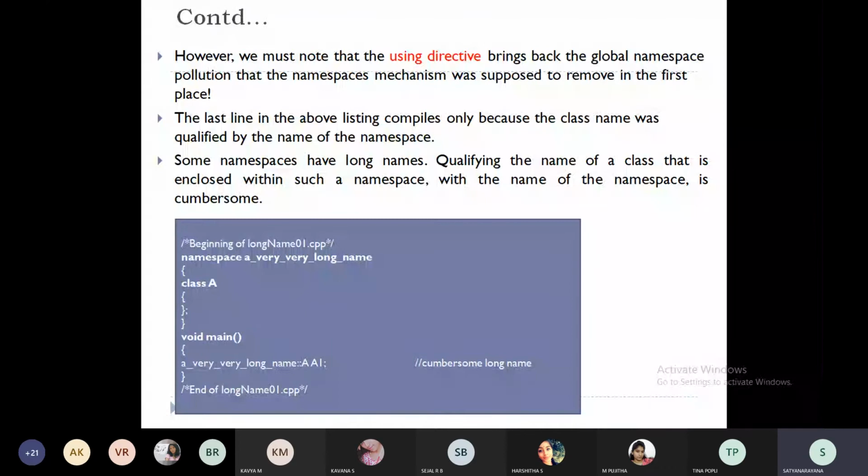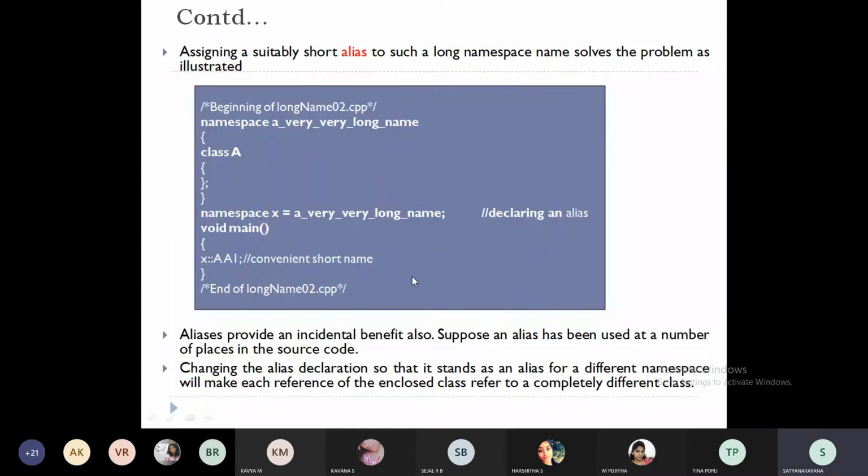Now, how the syntax is going to work: usually namespaces have very long names. For that we use a small shortcut name, that is an alias name. So in using namespace std, std is the alias name. That might be for standard input output functions, some big name will be there. Then within that we'll define the class. In the main function we call this namespace followed by the scope resolution operator. That's it. So this is how the confusion will be clarified.